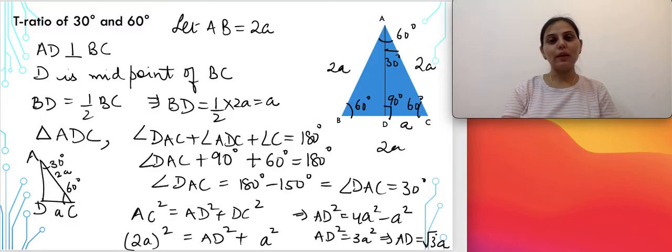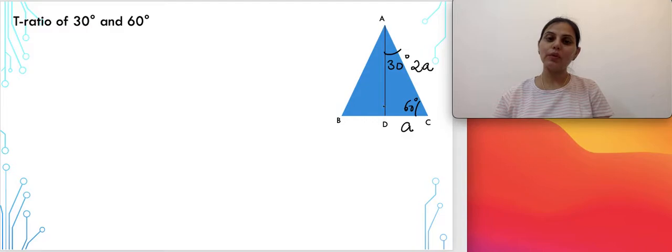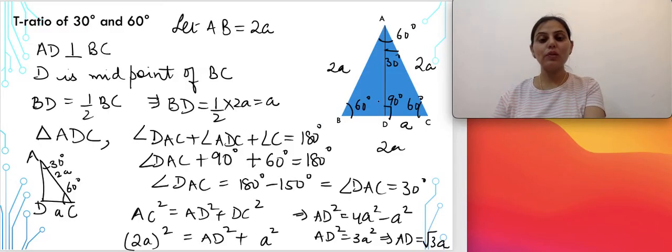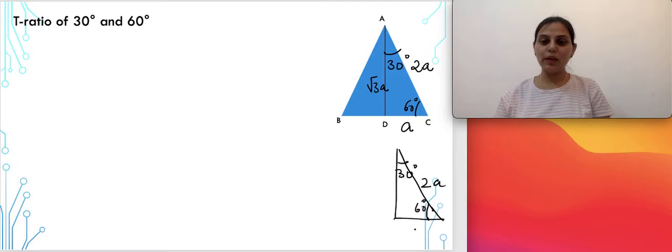Now let's move on to finding the T ratios for the angles. Just now, like I have told you, this angle is given as 30 degrees and the base angle here is 60 degrees. We have calculated the values also. The hypotenuse is 2A. This base DC is A, and just now we have calculated the value of AD, which was coming as root 3 A. So let us write that value also. Now let us draw this triangle separately here. The base angle, that is 60 degrees. The other angle, that is 30 degrees here. 2A, this is side A, and this side is given as root 3 A. So now you have perpendicular, base and hypotenuse.